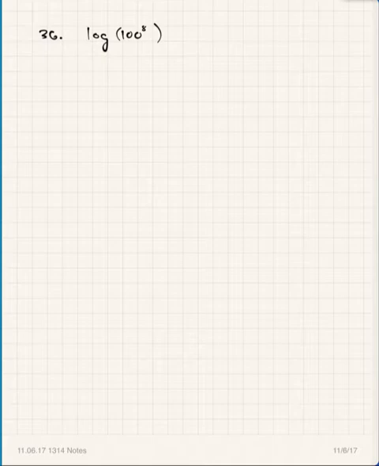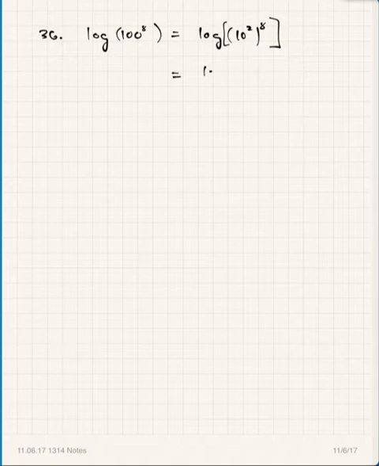Now, don't forget here that 100, first of all, is 10 to the second power. So remember, this is a logarithm base 10, so that's why I want to do this. I want to write this as logarithm of 10 to the second power, and that would be to the 8th power like that, right? Because 100 is 10 to the second power. And so that would give you log of 10 to the, remember you multiply exponents in that case, so this would be log of 10 to the 16th power, like that.